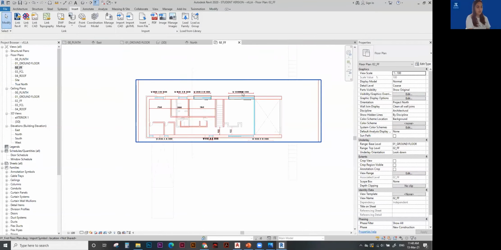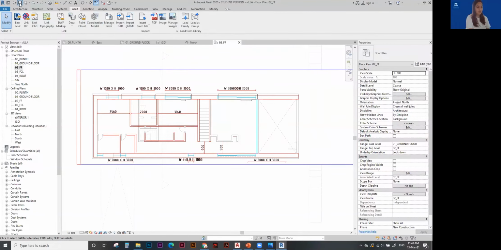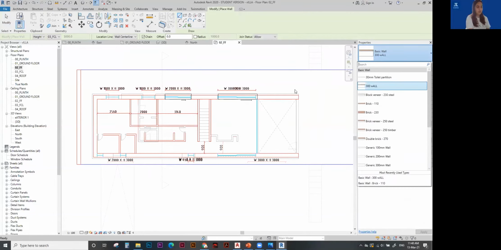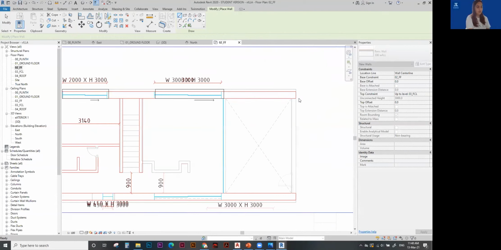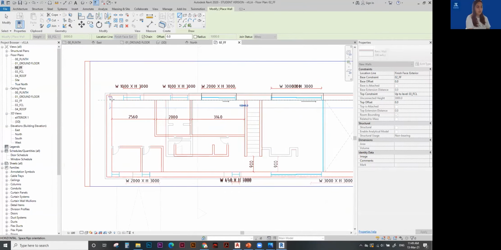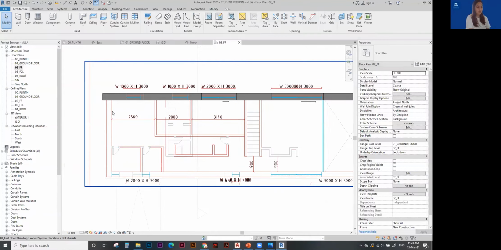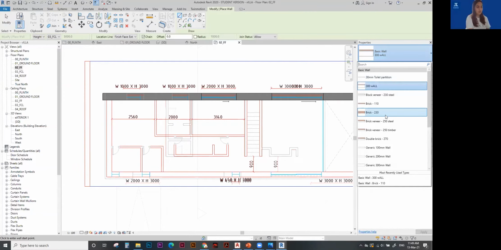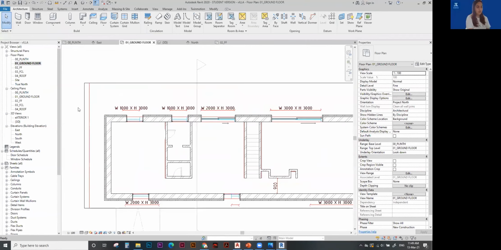So the similar process continues, right? Like we did in the first floor, I'm going to create the same wall, which is wall 300, for my external plan. So I've chosen wall exterior, and I'm going to pick this line, draw the external wall. And for this wall, I'm going to choose,